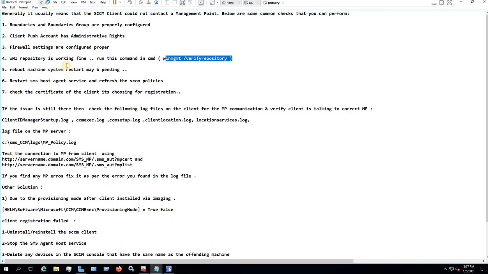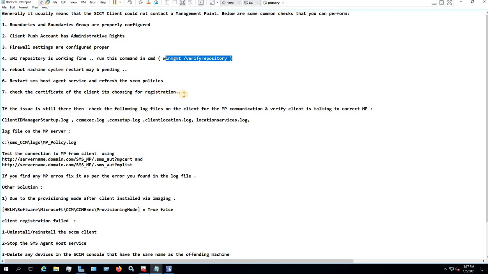Restart the service and refresh the SCCM policies. And the seventh is check the certificate the client is choosing for registration. It could be because of a wrong or invalid certificate, so check the certificate also.